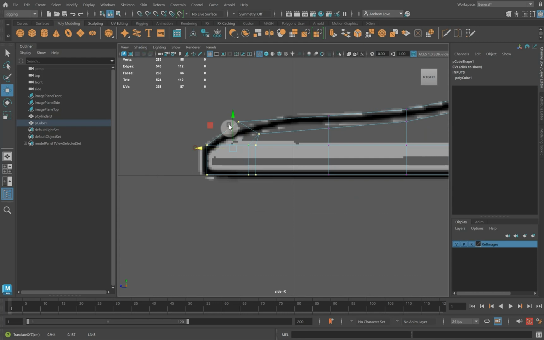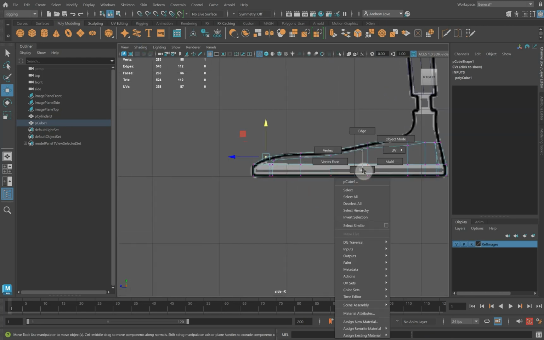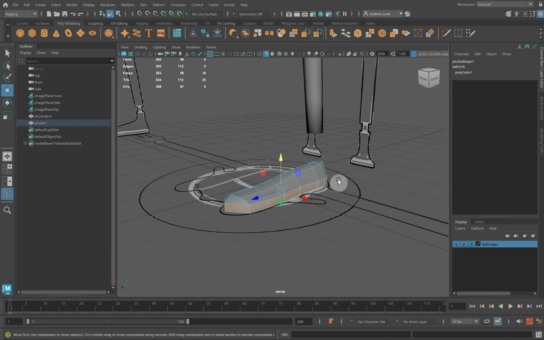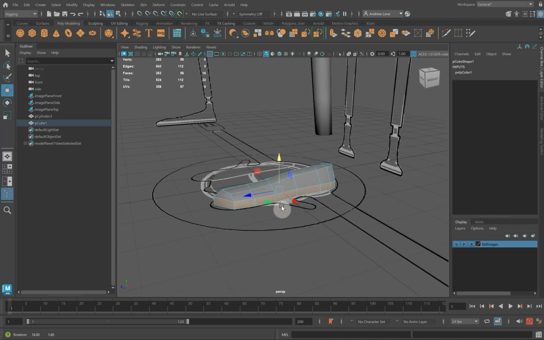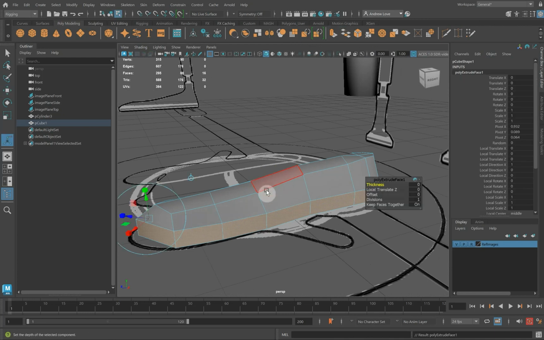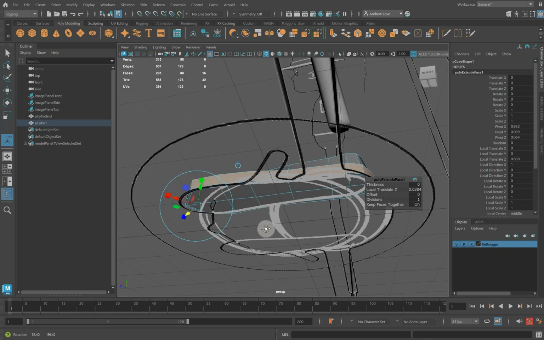This bit wants to come down there. Maybe something like that. If I hit 3, that drops back when it's smooth. Right, so if I go face and select all these faces, all of those ones around the edge there, I can extrude those out a little bit. So if I go extrude, it wants to come out in the face, that blue one there. So I'm going to extrude that, and that's going to make that little bumper around the foot, and it